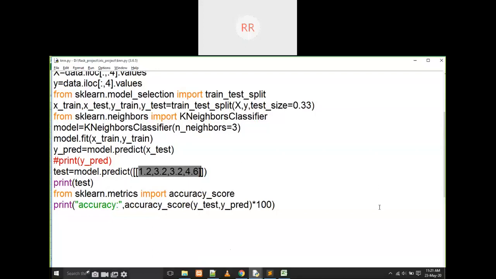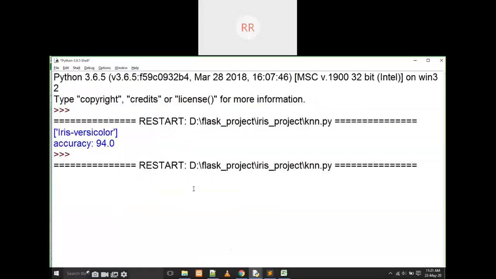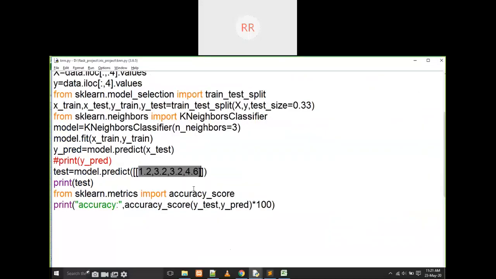Now, this is one Python code, that's it, nothing else. But now I am going to give a front end using Flask. I am going to give all these values in the front end, some web page, and it is going to predict and the outputs will be displayed on the web page.